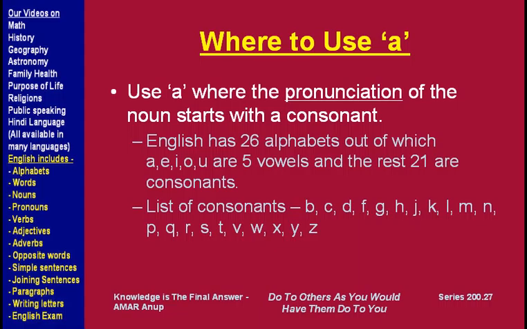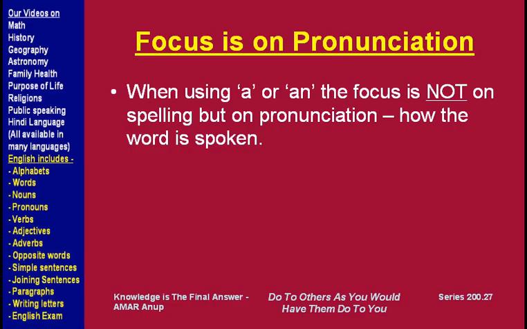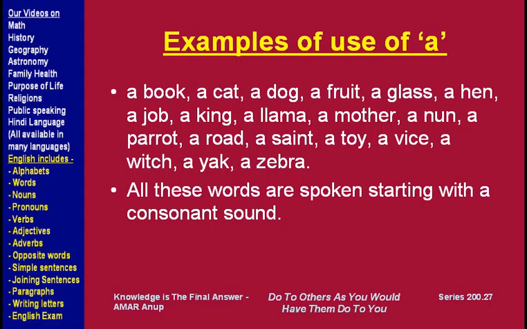Again, it is not the way the word is spelled, but the way the word is spoken that decides whether to use a or an. Let's look at some examples. Again, the focus is not on spelling but on pronunciation. Here are some examples: a book, a cat, a dog, a fruit, a glass, a hen, a job, a king, a llama, a mother, a nun, a parrot, a road, a saint, a toy, a vice, a witch, a yak